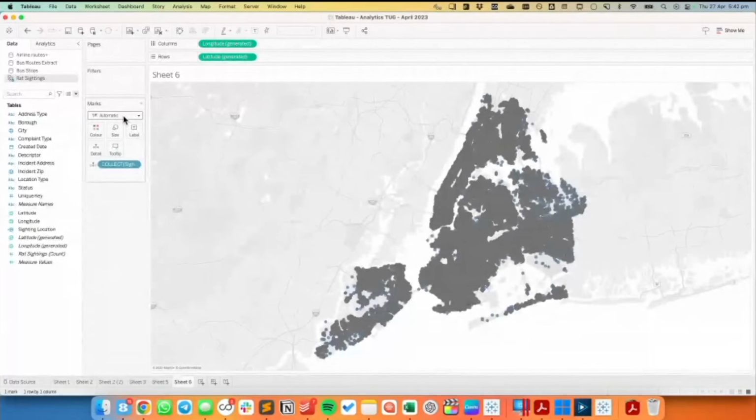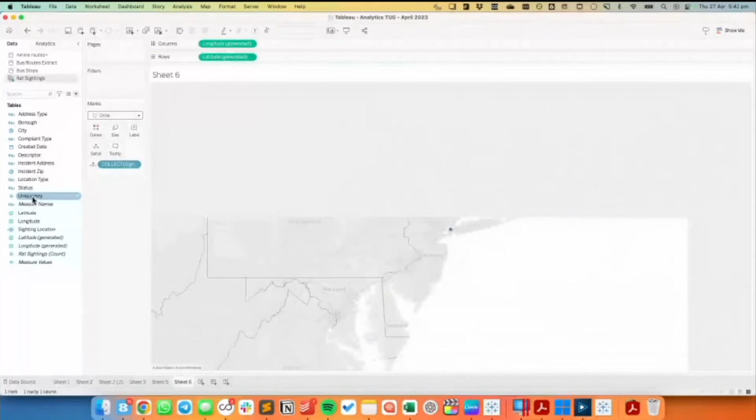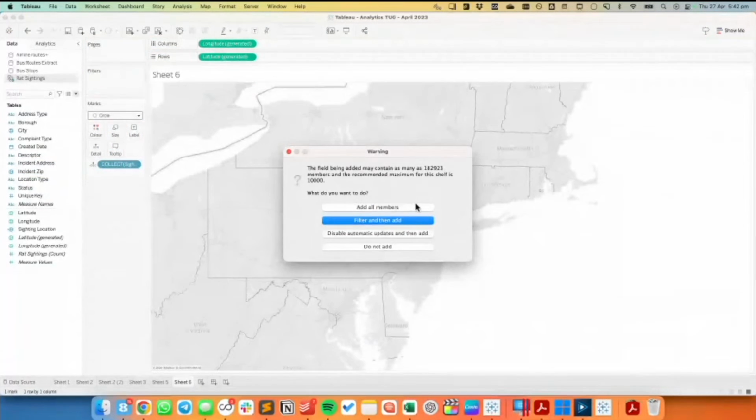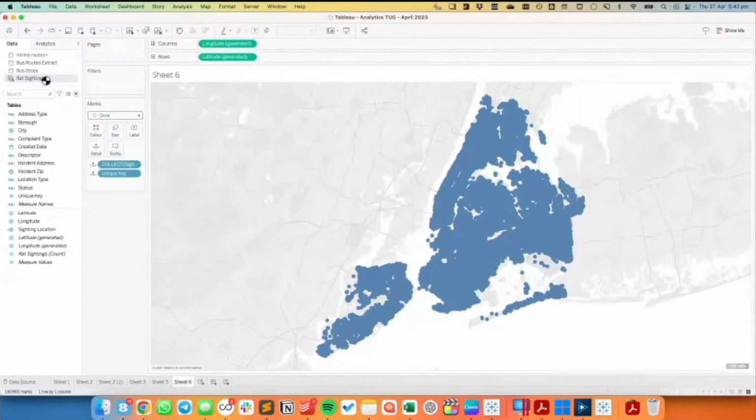If I want to make this, so for example, I could put maybe the unique key, which is each individual record. Let me change this first to be a circle. And I'm going to put unique key onto detail and all. Okay, let me just,